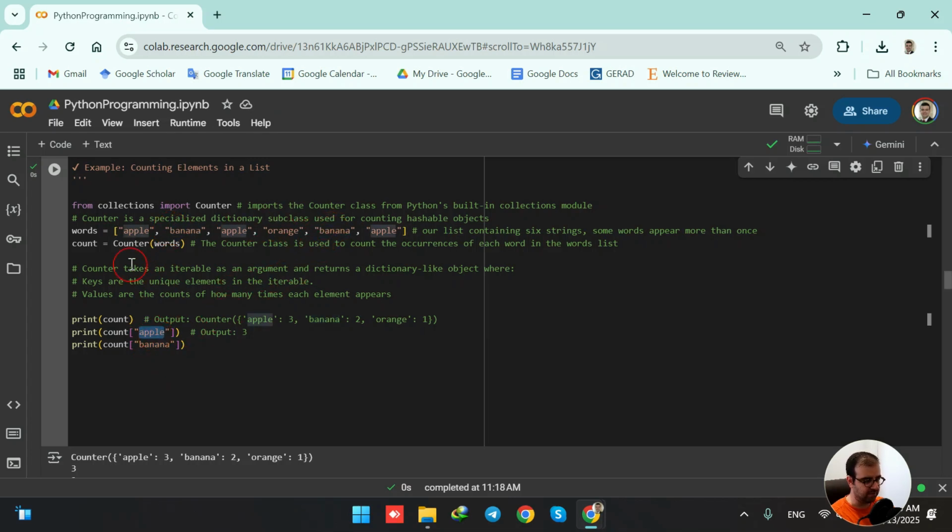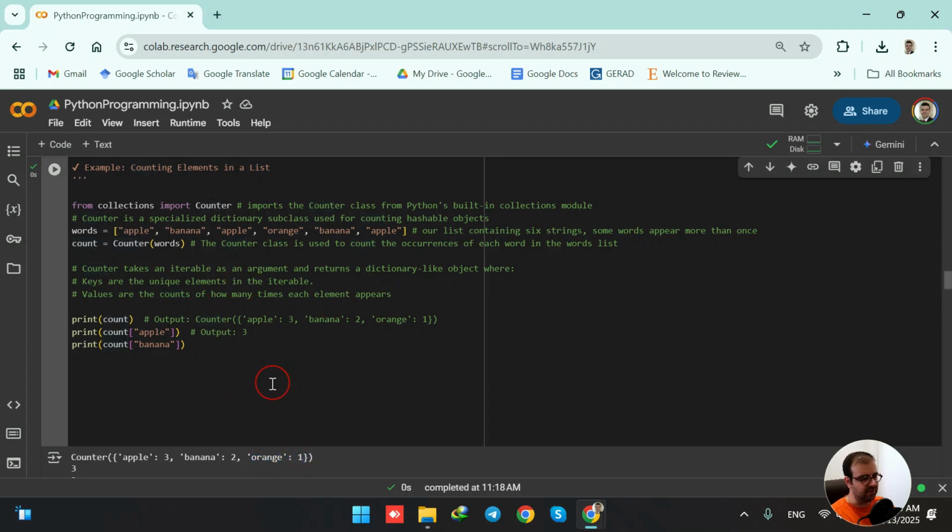And when we talk about apple, we see apple appeared 3 times. So we can talk about each unique element individually using this syntax, or we can print the whole thing and have something like a dictionary in the output saying that apple appears 3 times, banana appears 2 times, and orange appears